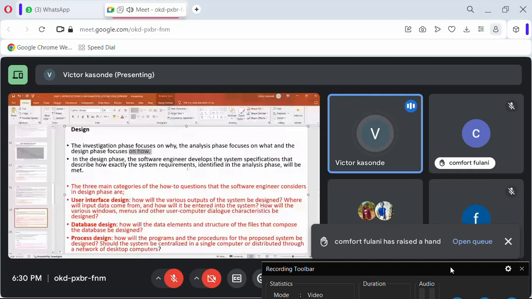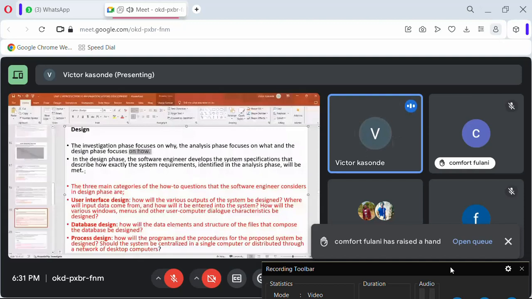So the three main categories of how questions that software engineers consider in the design phase are